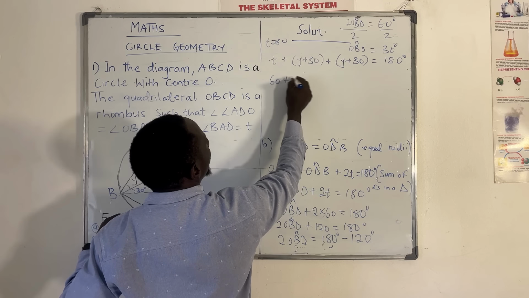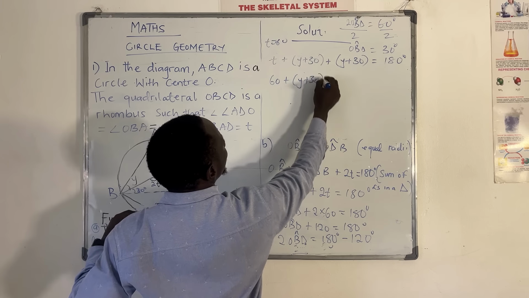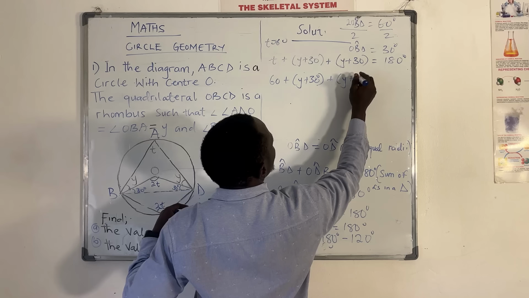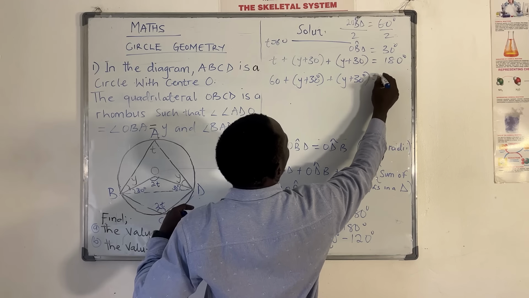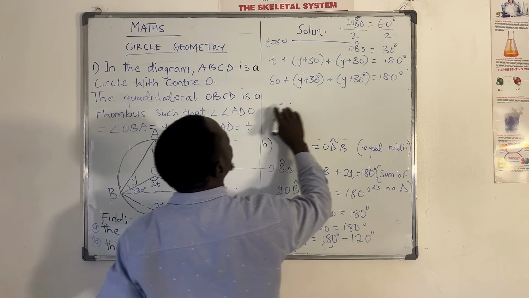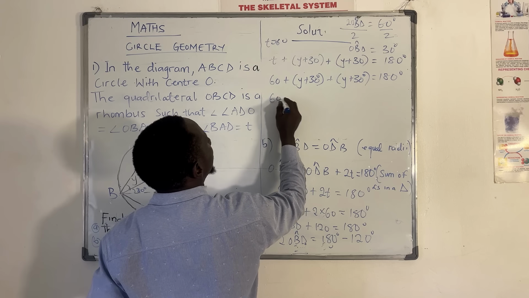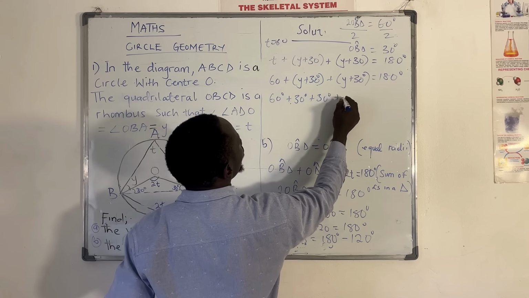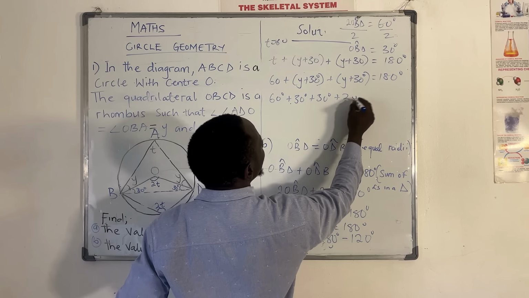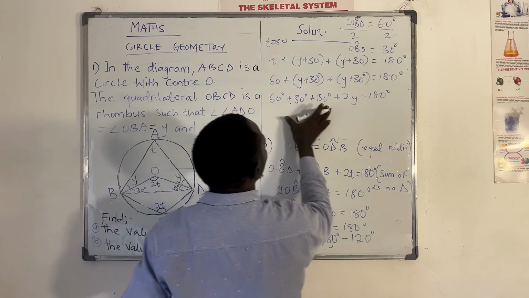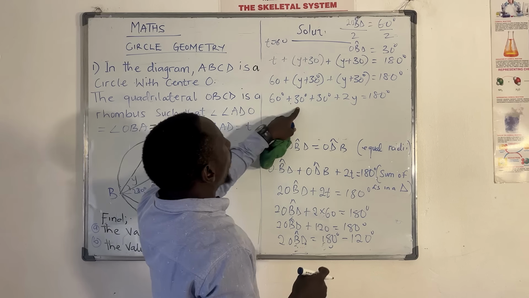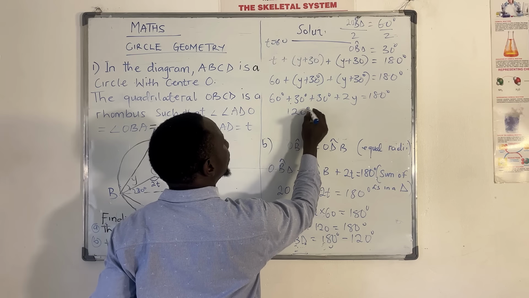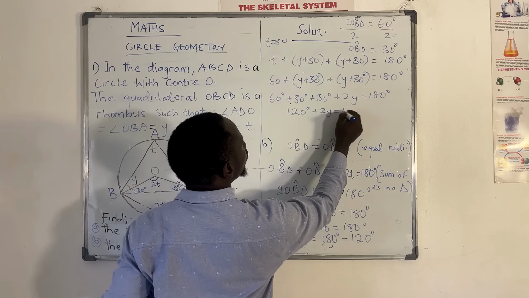You have 60 plus Y plus 30 degrees plus Y plus 30 degrees equals 180 degrees. If you remove the brackets, you now have 60 degrees plus 30 degrees plus 30 degrees plus Y plus Y, which gives 2Y, is equal to 180 degrees. If you add all these, here you have 90, here you have 120. So you have 120 degrees plus 2Y